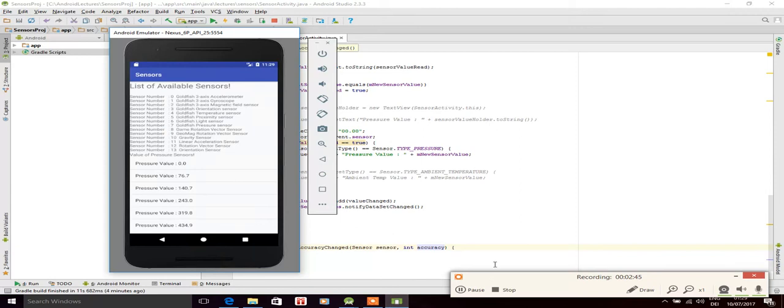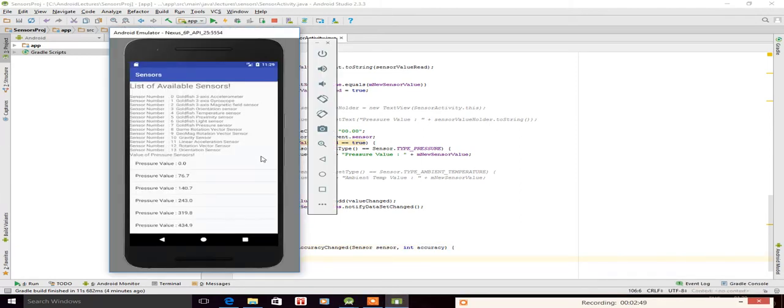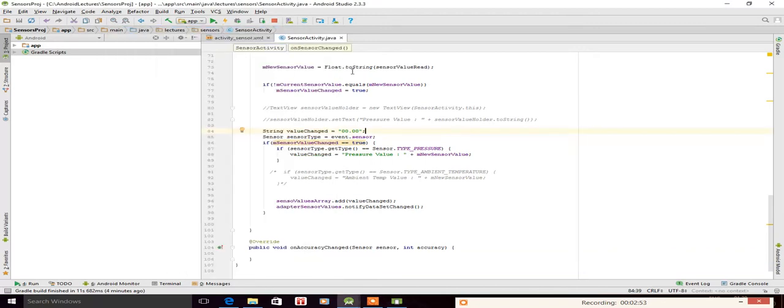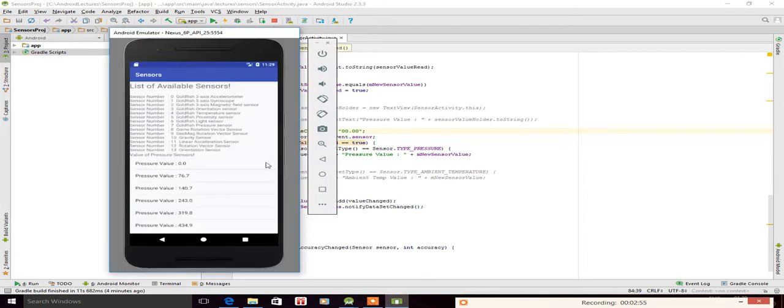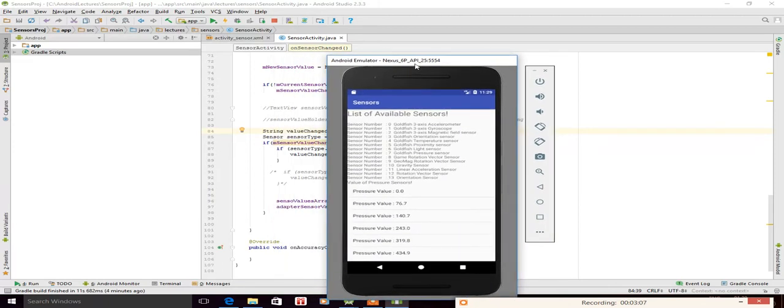We can first try to create a server. We can use a Java program for that. We can use this app as a client app, and as soon as we change the values, it will send the values to the server, and the server will print them. So this will be a wonderful example of IoT. Our server will be our computer, and this app will be running on